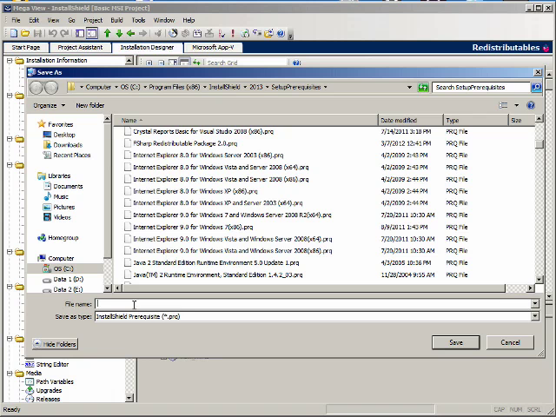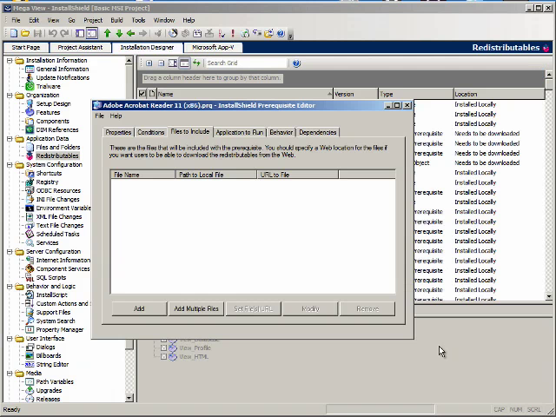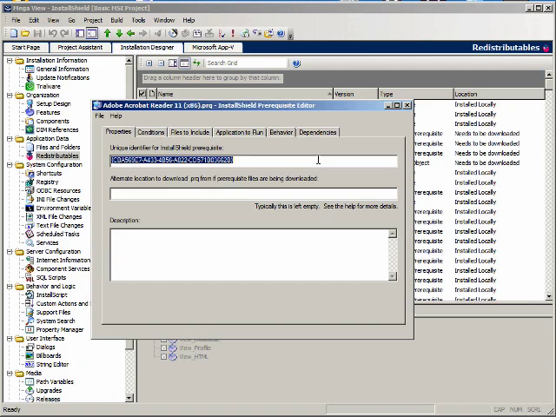So we're going to say that this is Adobe Acrobat Reader 11 x86. I assume it's x86. I don't know because they don't say. Let's save it. Now we'll go through each of these tabs in the prerequisite editor